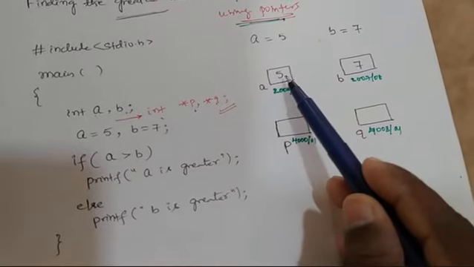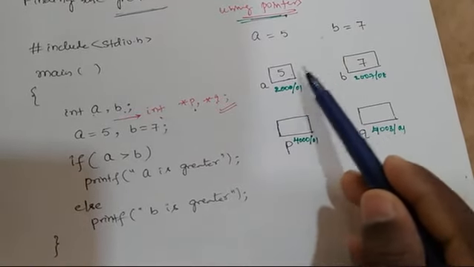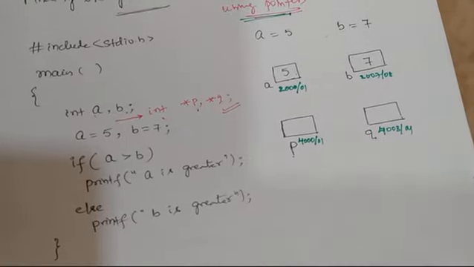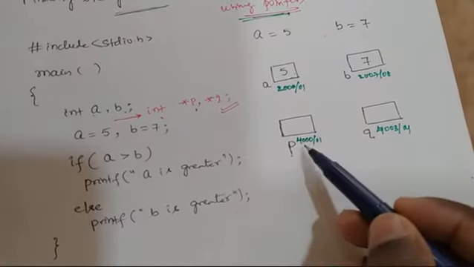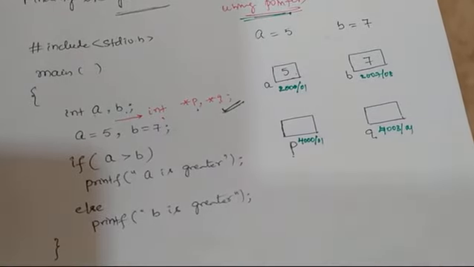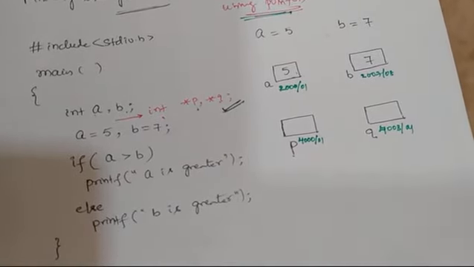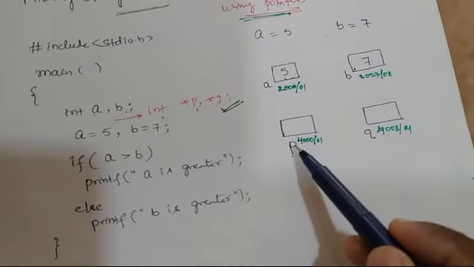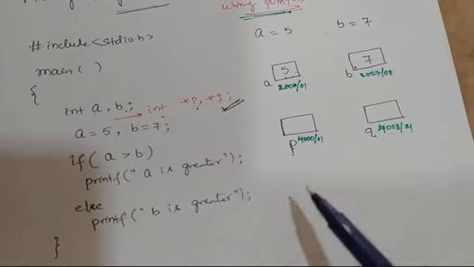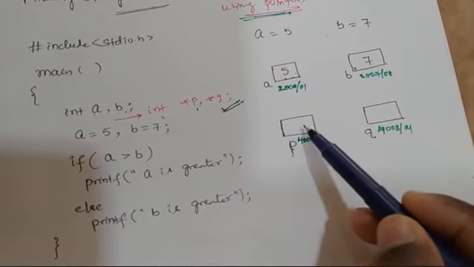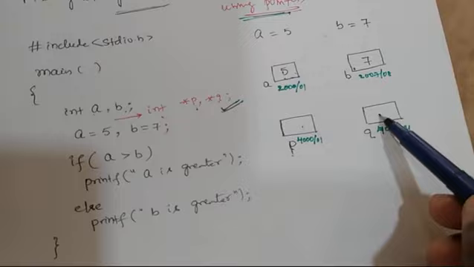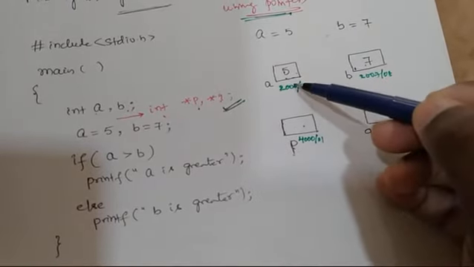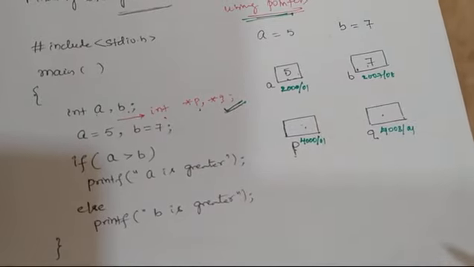I have to solve which one is bigger between these two values. But we have to solve using pointers. Therefore, what we require? Declaration is completed, assignment is required. What do you mean by assignment? Instead of operating on a comma b, I have to operate using p comma q. Meaning, I have to provide some connection between p and a as well as q and b. How to provide the connection? Very simple. Get that address to p, isn't it?